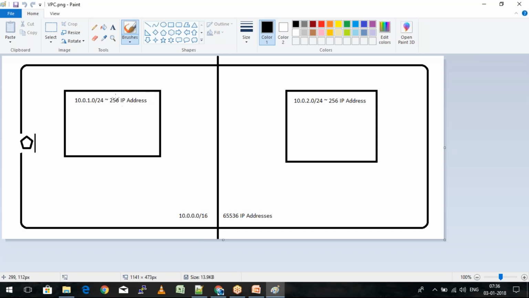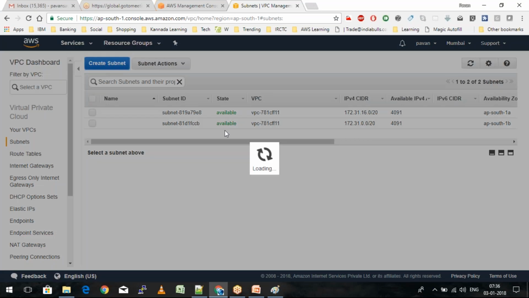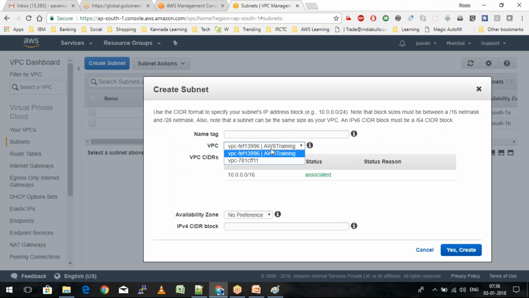So I'm going to go ahead and create 2 buildings here. Since we are having 2 availability zones, I'm going to keep this design very simple. So one availability zone will have one subnet in this case. So this is subnet 1, this is subnet 2. So I'm just going to go ahead and say create subnet. I'm going to create this subnet in the AWS training VPC, and then availability zone preference I'm going to pick as AP South 1A, and then the range is going to be